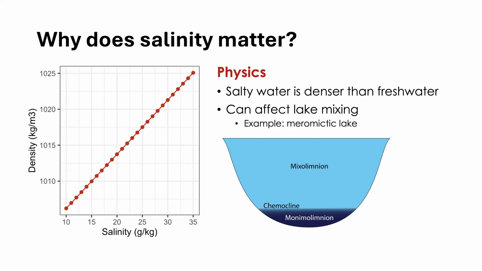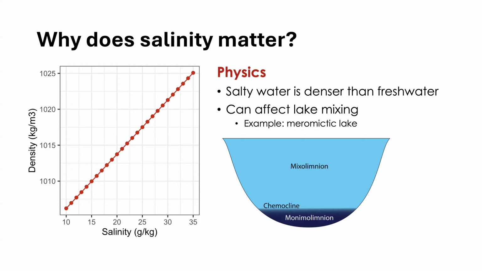So why does it matter? First off, salt actually affects the density of lakes. If you were to take a bucket of fresh water and a bucket of salt water, the salt water is more dense. So it's actually heavier. It's the reason why if you ever swim in a salty lake, you feel like you're floating more. It's that density effect. So what that means is that if you were to put a bunch of salt water into a freshwater lake, that salt water, being more dense, wants to sink to the bottom.